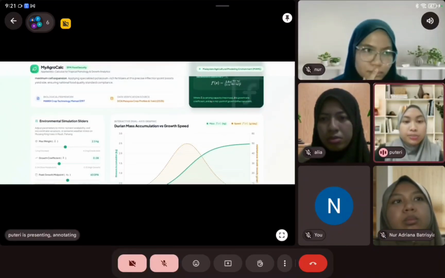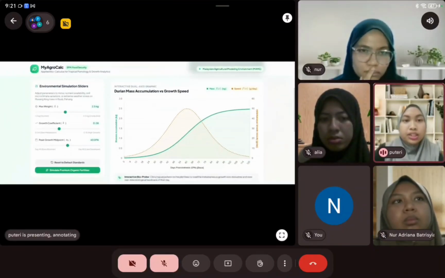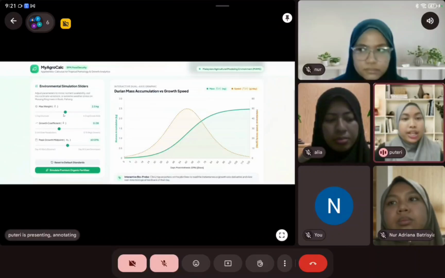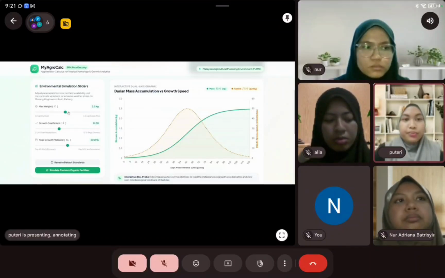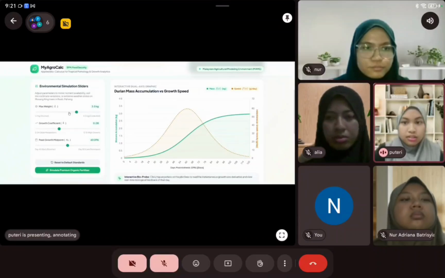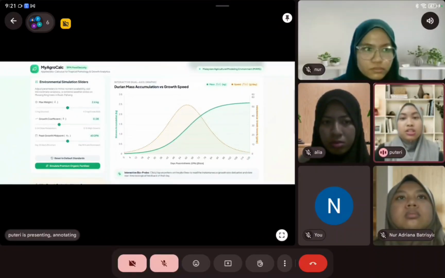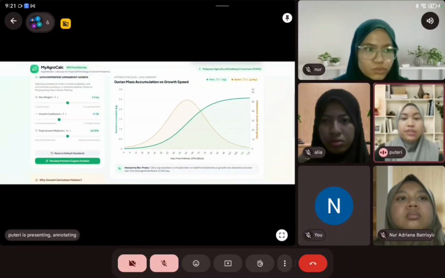Next I will explain the important points in this HTML. First, the logistic growth model, f(x). So this is the example. This formula represents the overall growth of the durian fruit mass from the early stage until